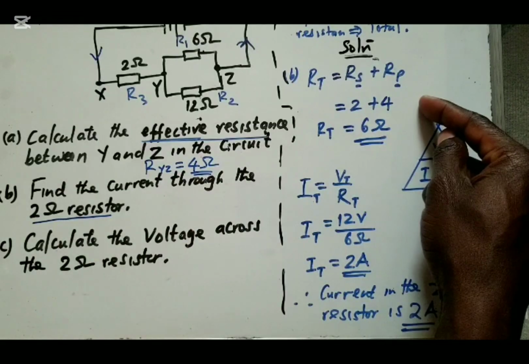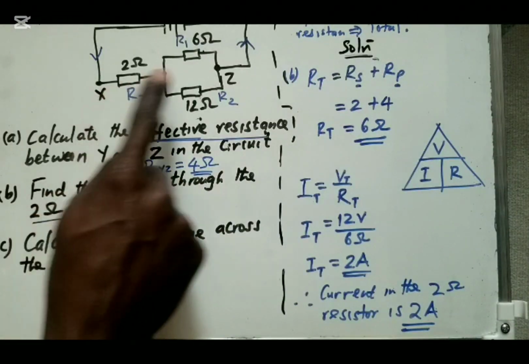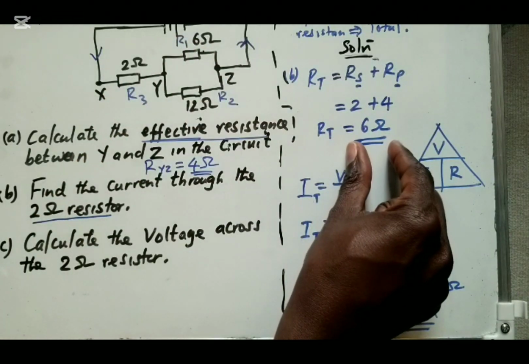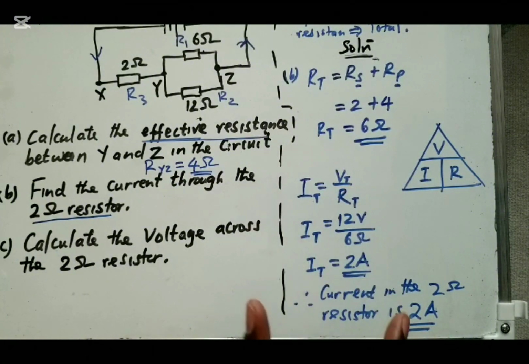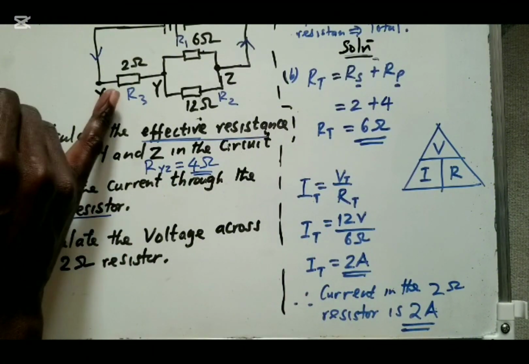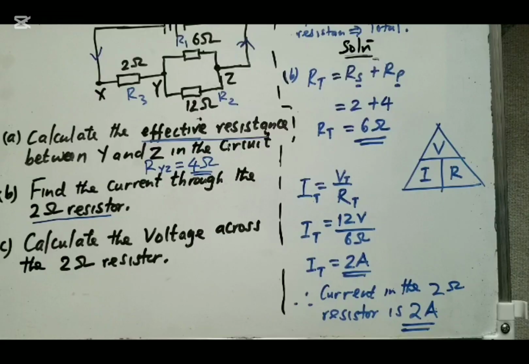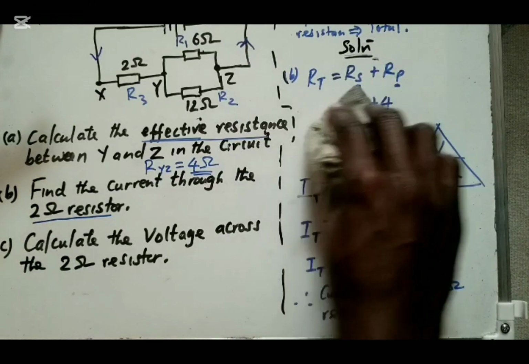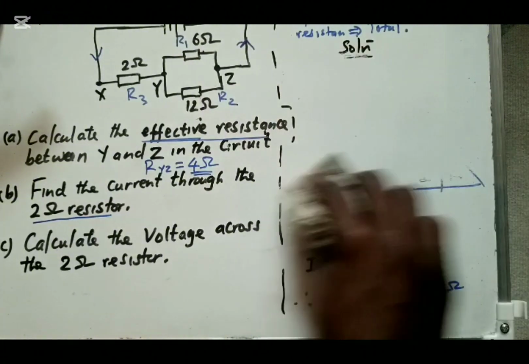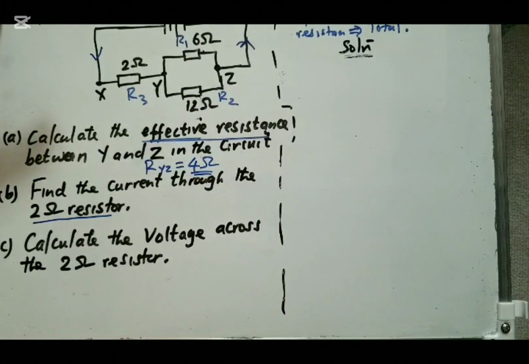First of all, you find the total resistance by adding this plus the combination of that. Then you can apply Ohm's law to work out the current passing through the 2 ohms resistor. And of course, when you calculate that, the other question, part C, says calculate